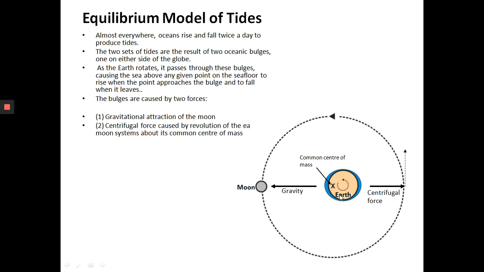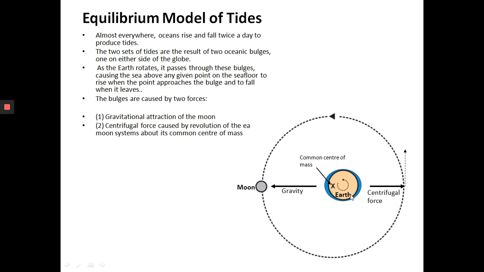And remember also that the Earth is also rotating in the same direction. So almost everywhere in this simple model, the ocean rises and falls twice a day. Okay, so we have two tides per day in this model. The two sets of tides are the result of two oceanic bulges, one on either side of the globe. So you have this body of water, and notice I drew it not as a perfect circle, but you have these thicker parts on the left and the right here, right? So these are the two tidal bulges where the water is deeper,